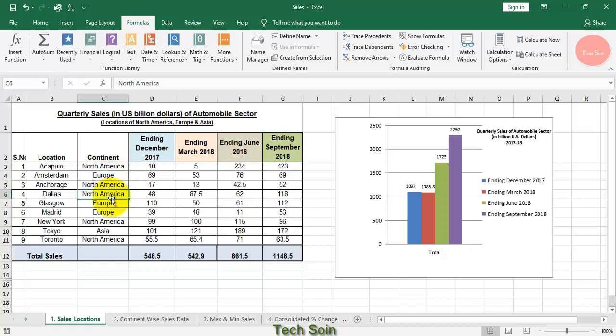This is one cell, this is another cell, another. And when we select two or more cells, it forms a range. And those cells do not necessarily have to be adjacent to each other. You can use the control key plus the left button of your mouse to select your range.